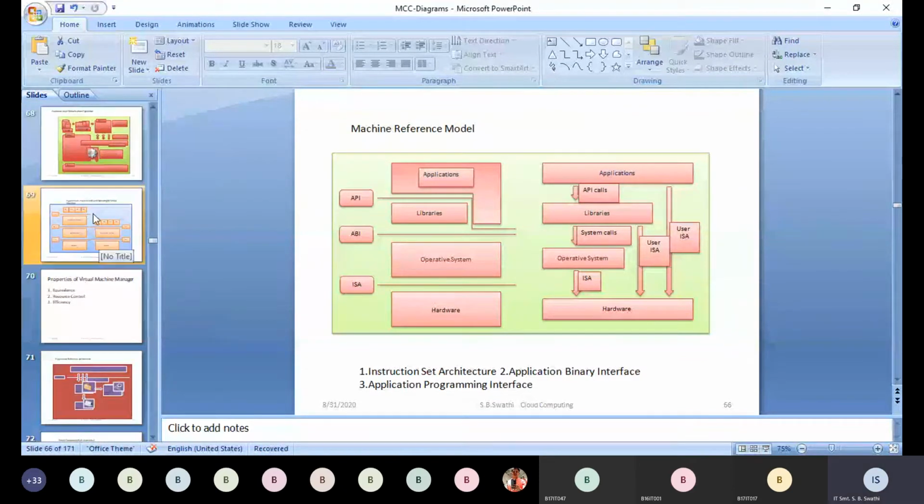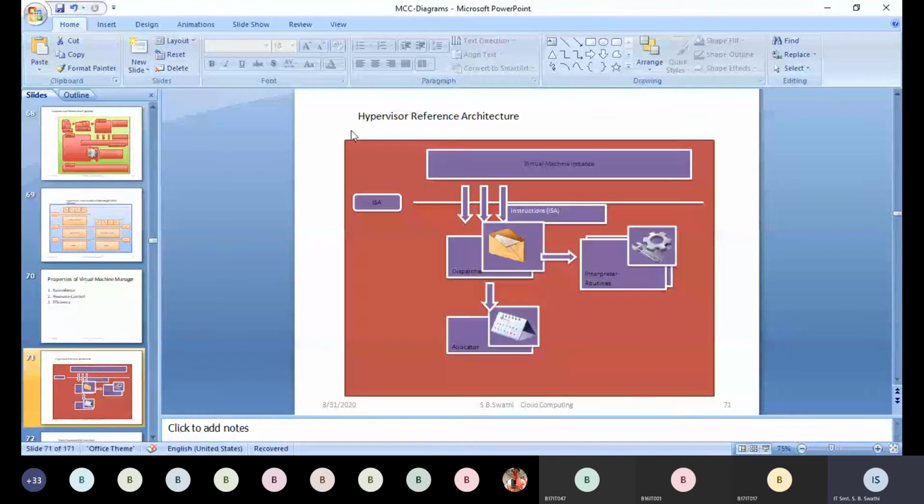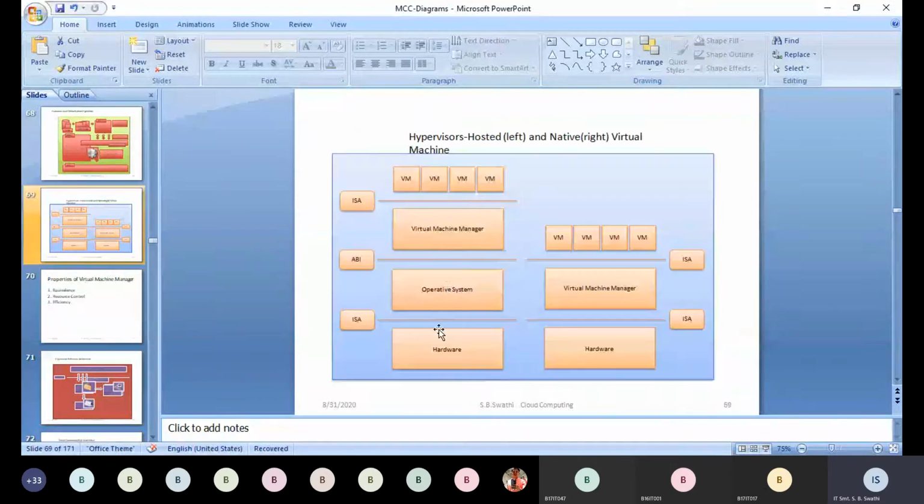You see here ISA, and we see this type 1 architecture. ISA is between hardware and VMM. We can take type 1 or type 2. If it is type 2, the VMM will be above two layers: hardware, OS, and then VMM. If it is type 1, it is hardware and VMM.